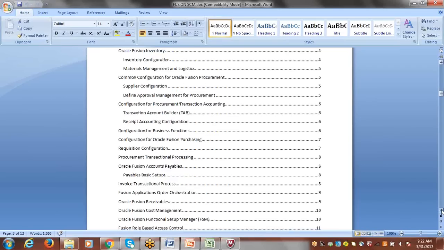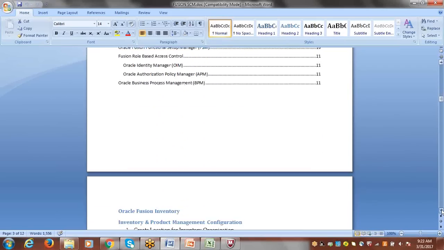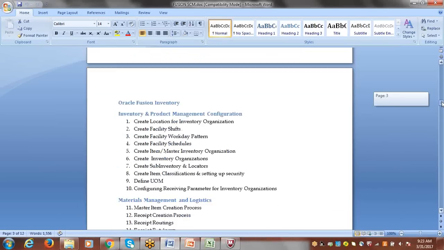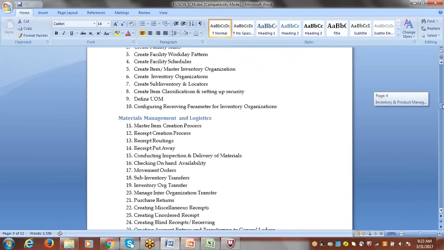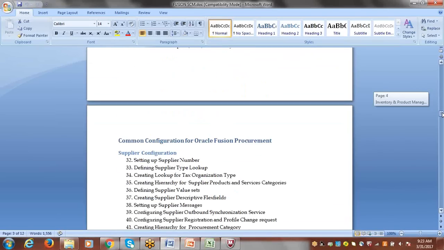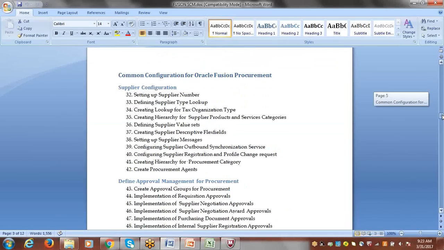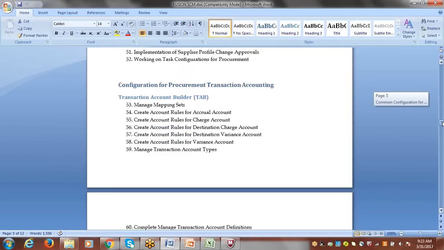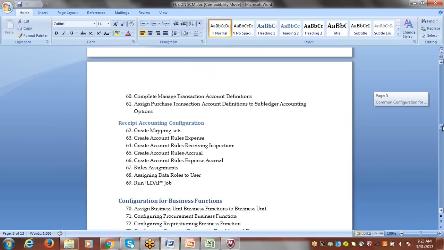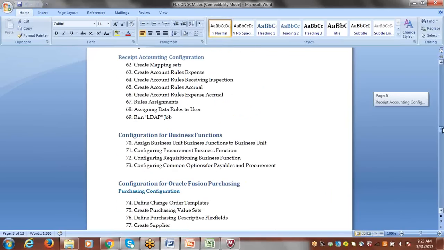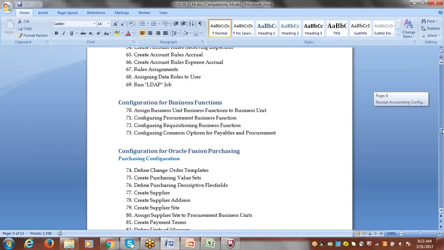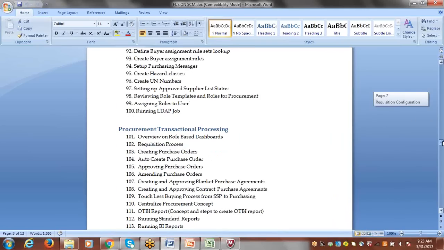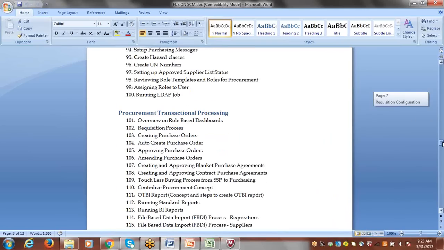So these are the points, you can go through it, summary level. If you want to see very detailed course content, we mentioned what configurations we will be doing and what concepts we will be covering in each and every module. So you can go through it since you have this document with you. These are all points from purchasing, transaction accounting builder, and receipt accounting to generate accounting, the functional business functions, and purchasing related configuration, requisition configurations, and procurement transaction related